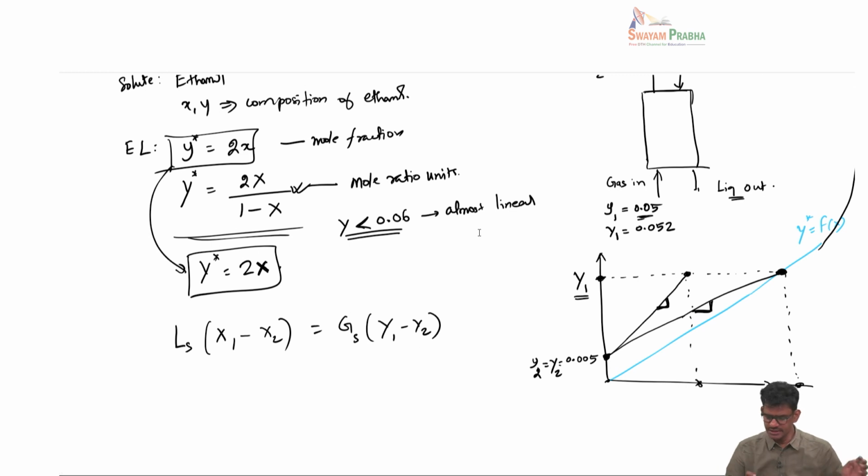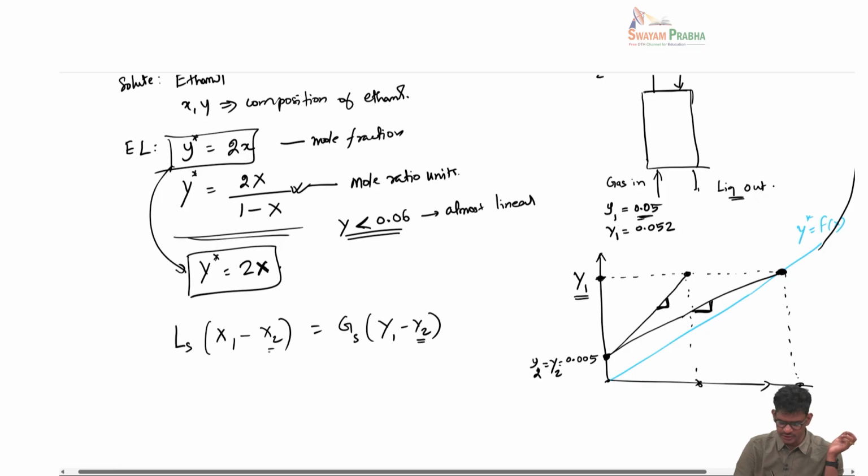What this equation tells you is that if you have fixed y2 and x2, like here we have fixed it, y1 is also decided, and the value of x1 will depend on the values of Ls and Gs. So there are only two unknowns here. If you fix one of them, the other one can be found. Either you can fix x1 and find the ratio Ls by Gs, or you fix the ratio of Ls by Gs and then find what x1 is. So like I said, initially we want to look at the